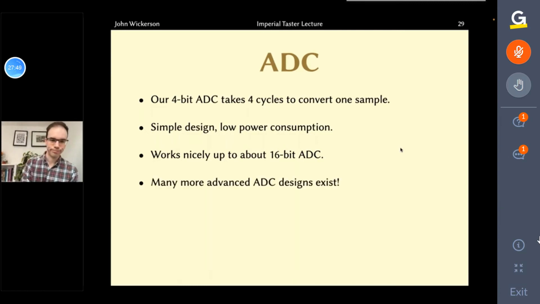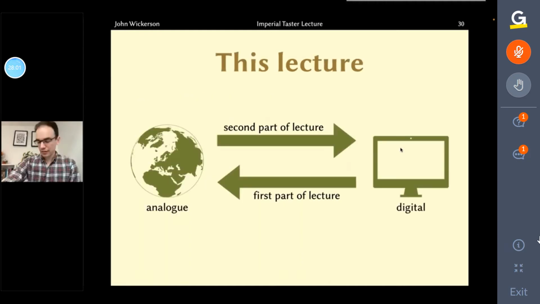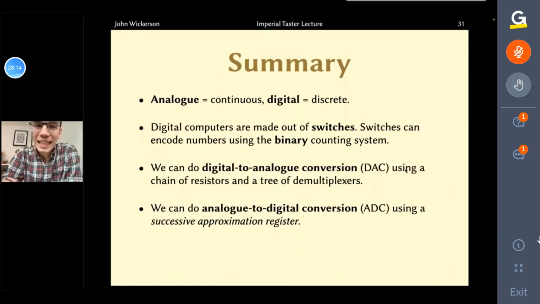That's pretty cool. And just like with the DACs, there are many more advanced designs that are clever in all sorts of different respects. And, well, you should come to Imperial and learn more about how those work. Okay, so this is more or less all I wanted to tell you. The first part was going from digital to analog. The second part was going from analog to digital. And if I were to just give a quick summary of some of the key points that we've talked about,